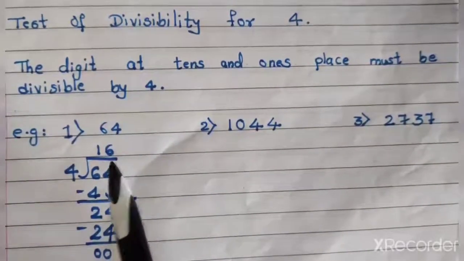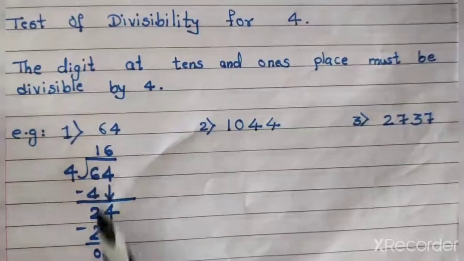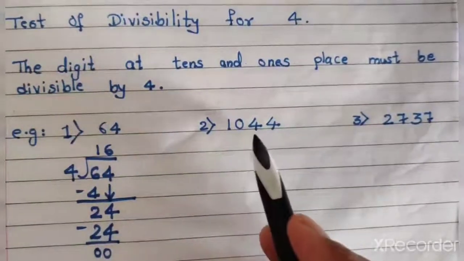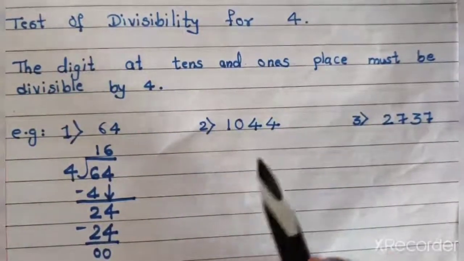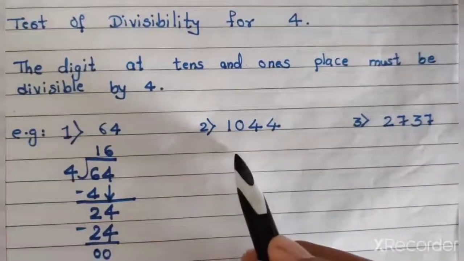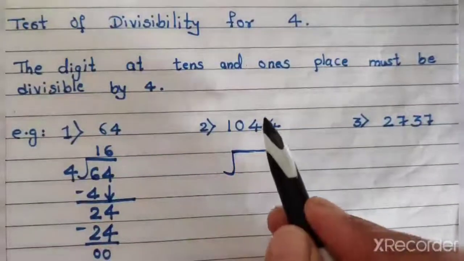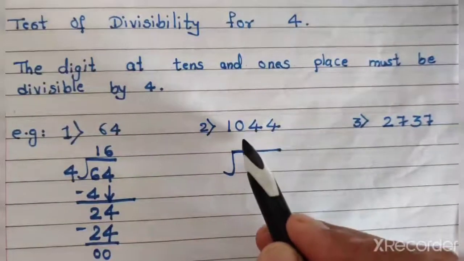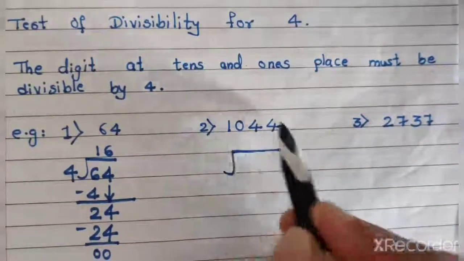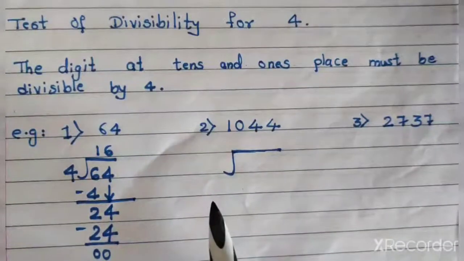If it is a 2 digit number, definitely we have to go through the whole division. But suppose if it is more than 2 digits, that is 3 digit, 4 digit, then how are you going to do it? The last number is 44. Directly we can say 4 ones are 4, 4 ones are 4. That means 4 11s are 44. So definitely this whole number is divisible, right?